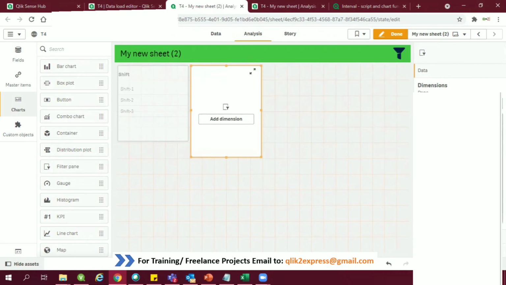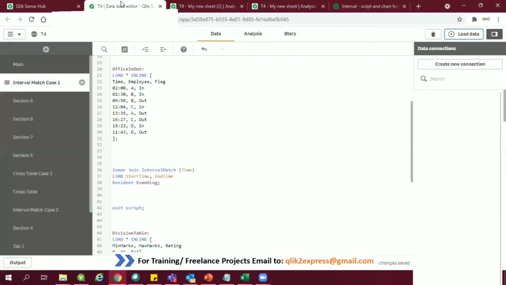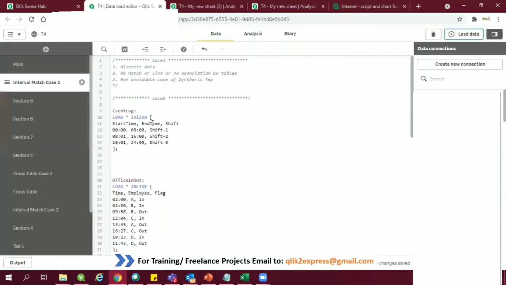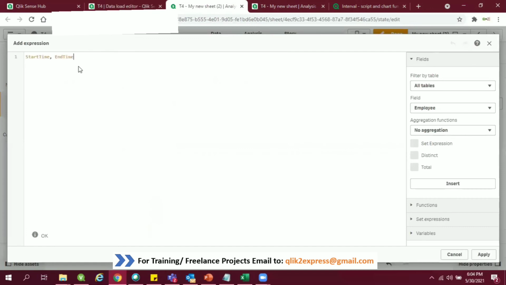So I'm going to go over here and copy these two columns. Where is my range table? Start time and end time. To avoid any time discrepancy, I'm putting it over here, giving a concatenation, then a hyphen inside single quotes, and then a concatenation with the ampersand symbol.